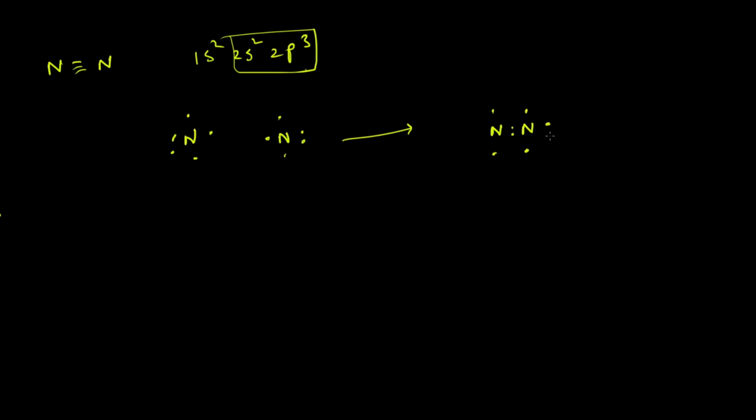And after the sigma bond formation, 2 unpaired electrons on each nitrogen atom are there, so they will also pair up, and by doing so 2 extra pi bonds will form, which will result in the formation of a total of 3 covalent bonds between these 2 nitrogen atoms, right? So it will look like this.